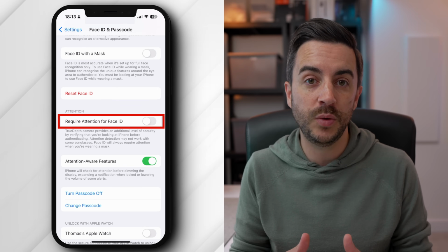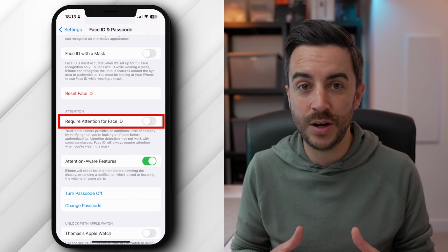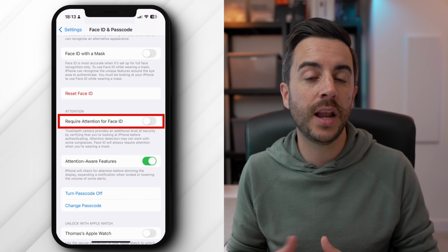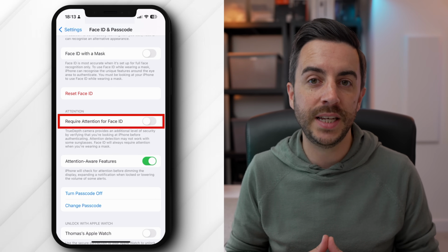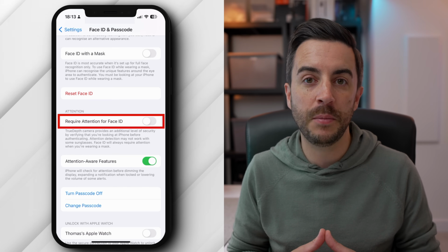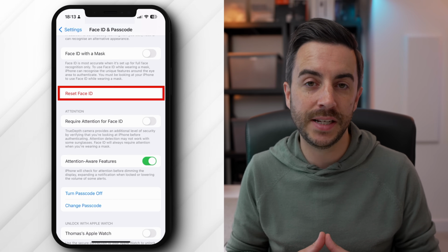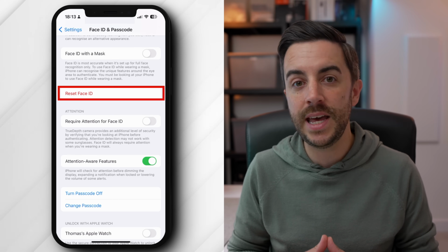With this enabled, you'll need to be looking at your phone in order for Face ID to work. Toggling this off can often be the fix for if you're wearing sunglasses, for example. The security of Face ID isn't as good with this toggled off, but it's likely still good enough for most people. If none of these fixes work, try resetting Face ID by choosing the reset option here, and finally make